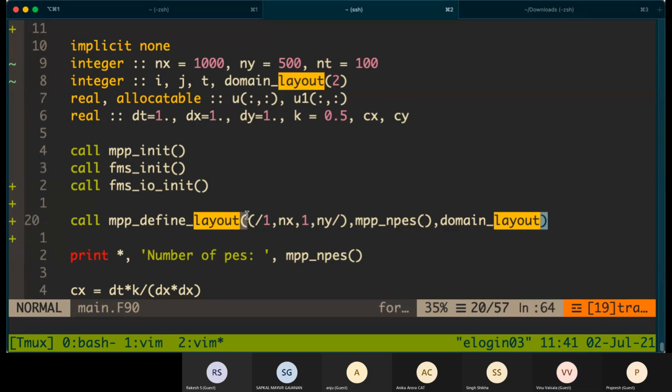You can avoid this routine and directly give the layout as input. When you change the processor count, you also have to give the layout.